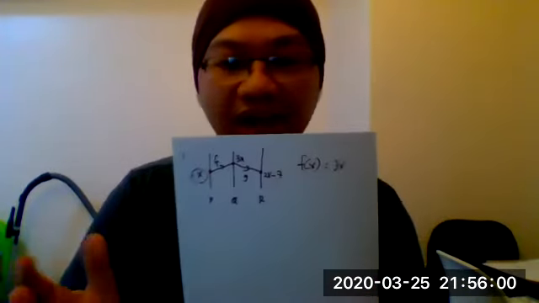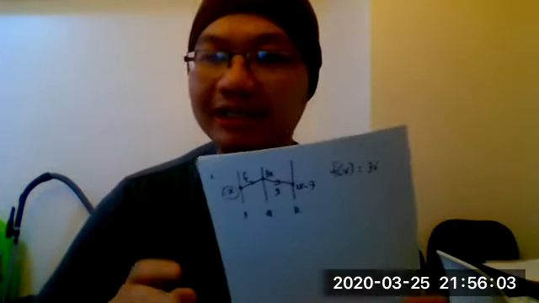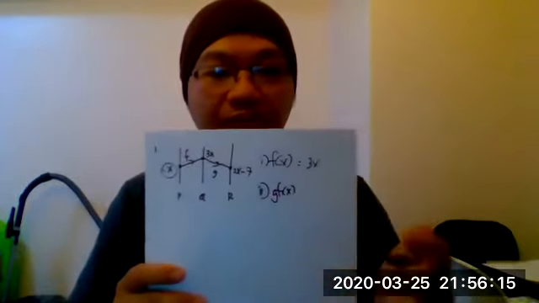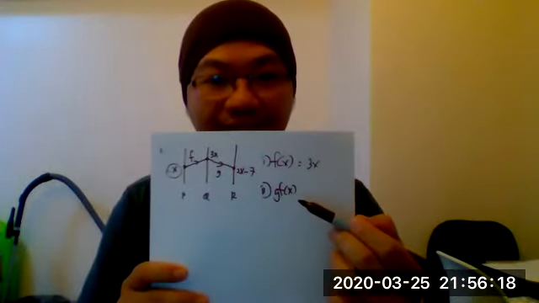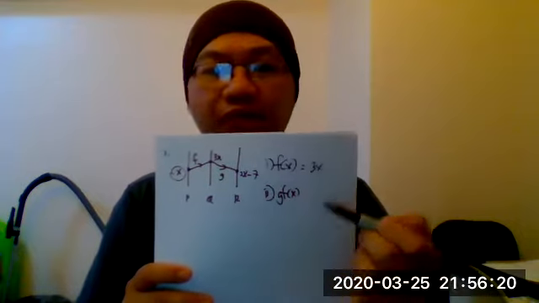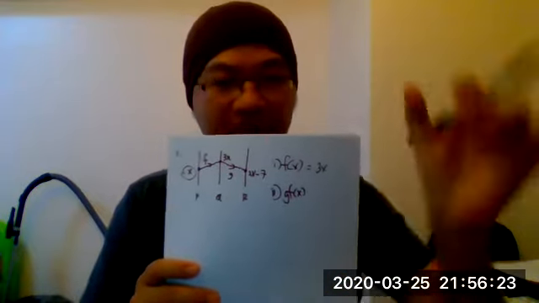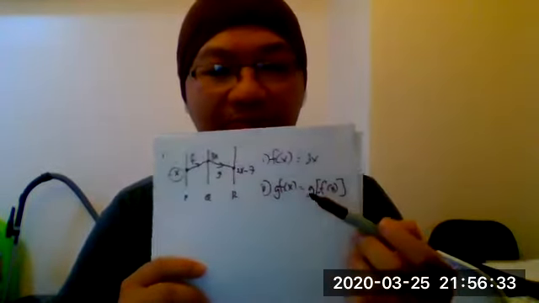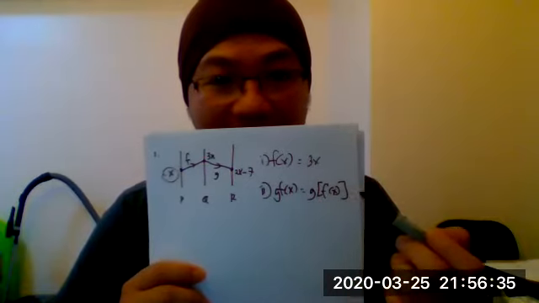gf. gf means composite, right? Yeah, I nak tanya. We already finished chapter 1, right? Yes. Okay. Now, the second question is to find gf. Okay. We want to find gf(x). gf(x) stands for composite. We compose the function. So the first step, we need to separate the function. If you still remember, I told you to split the back and front function like this.